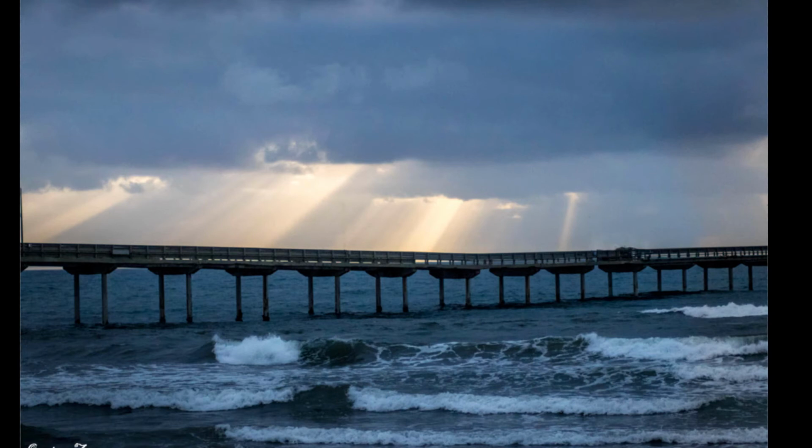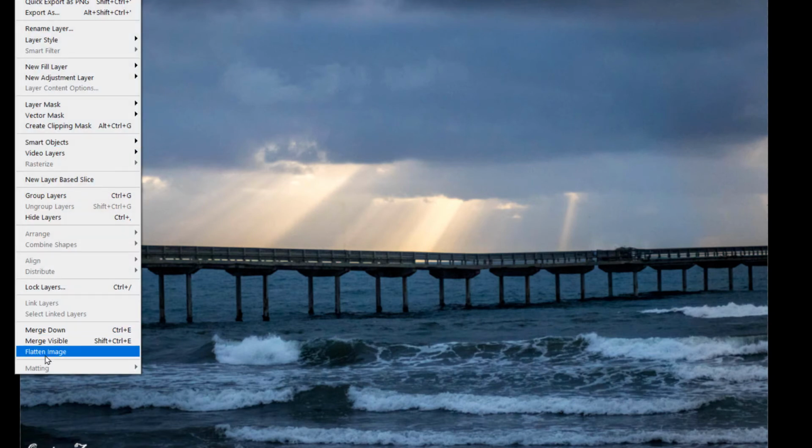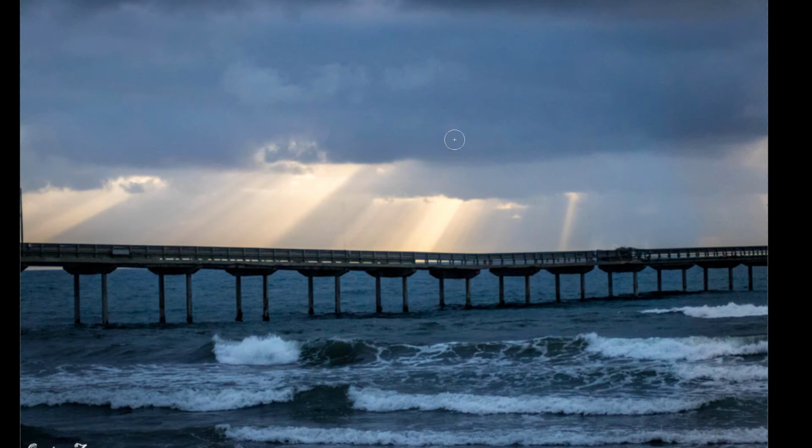I'm going to flatten this, and I'm going to do something that this shot doesn't actually need, but it gives me a chance to show you how to do something. Most of you are familiar with doing the high pass filter for sharpening. But you can use it for more than that. If you wanted to really bring out this cloud stuff up in here,